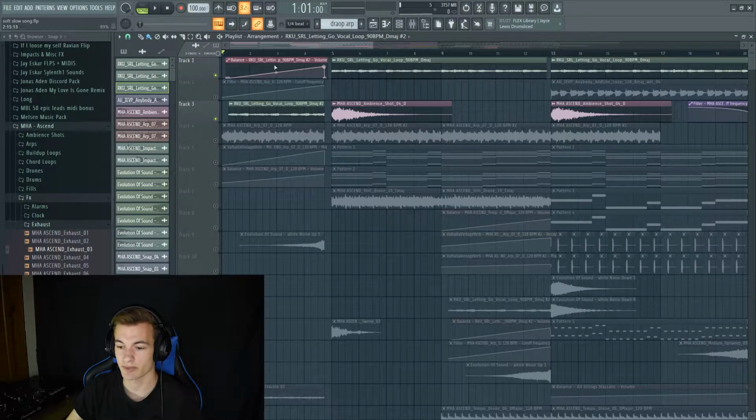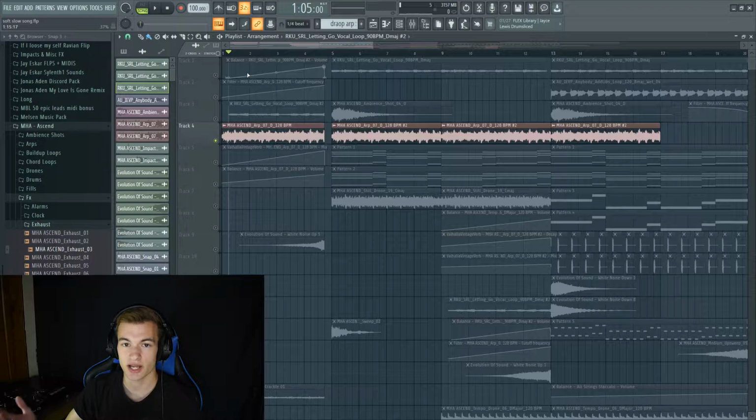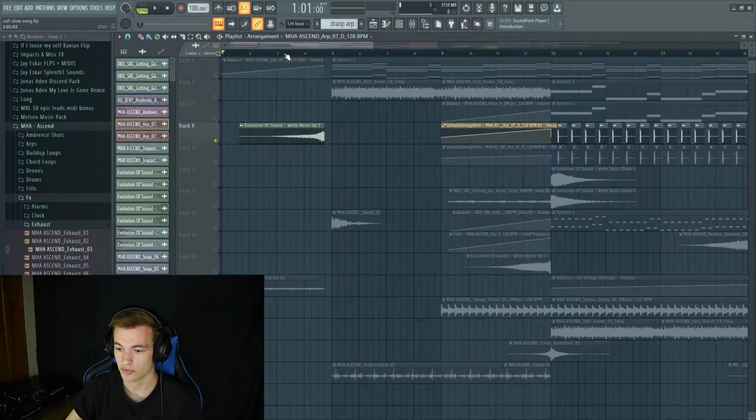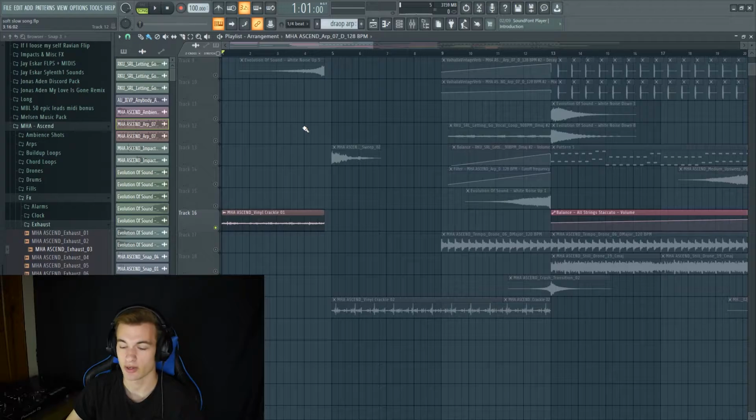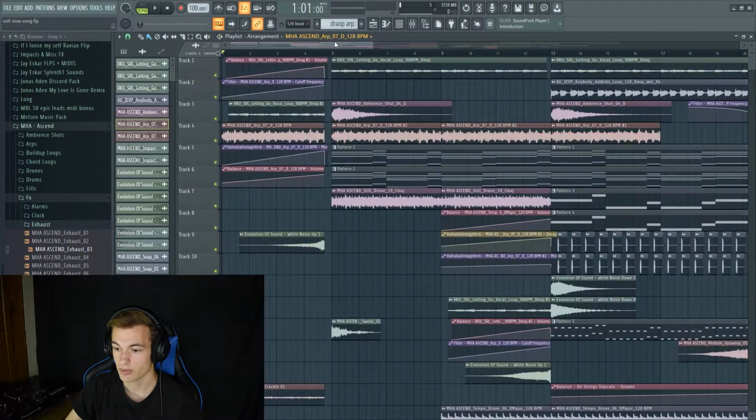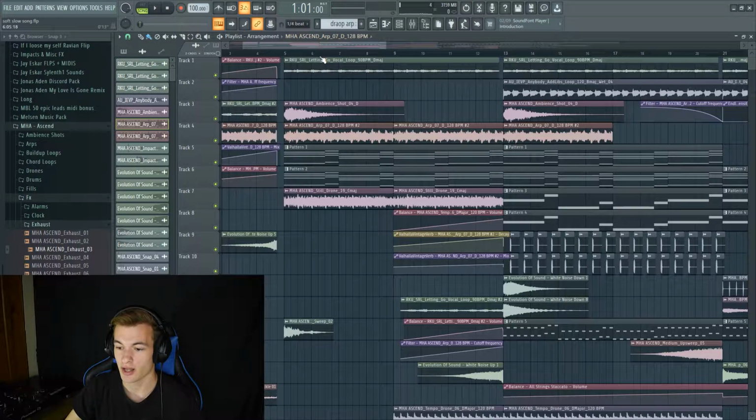I just have a little automation here with the volume to slowly build it up over time. And then in the beginning, I also added this ARP, and I also have volume automation on that. Also, we have things like white noise, and some vinyl crackle, just to give it more atmosphere. But yeah, that's our little pre-intro thing, but now we can get into the actual intro of the song